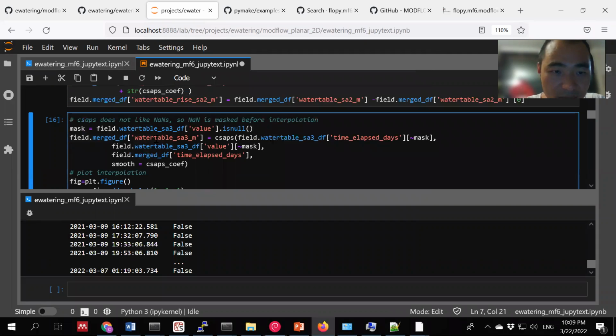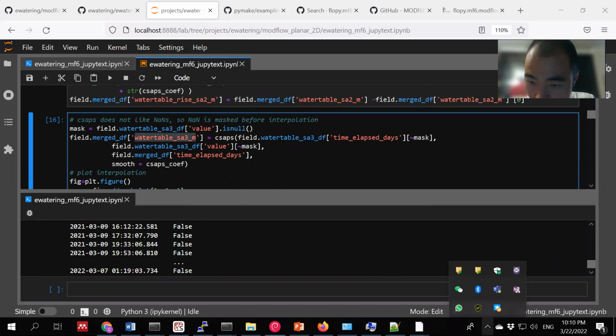Well, we also did that for all the boreholes, but that's not really necessary because the borehole is just for comparison. So what we usually do, as shown, I